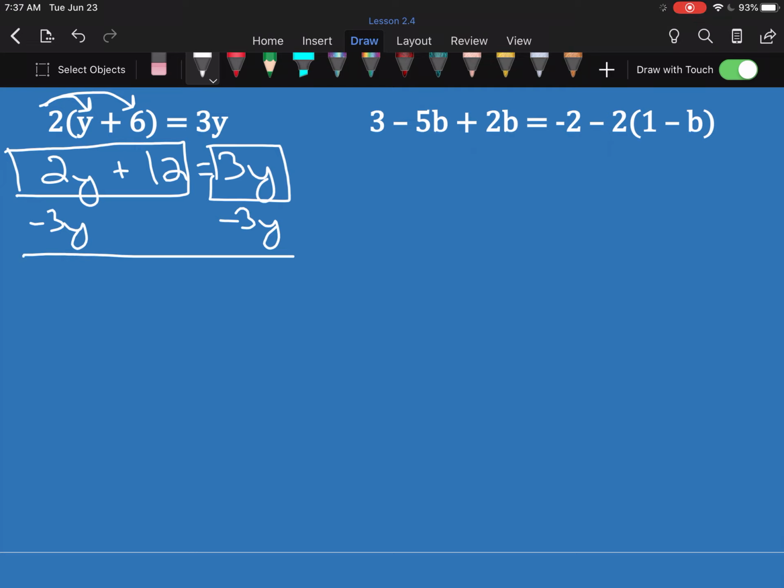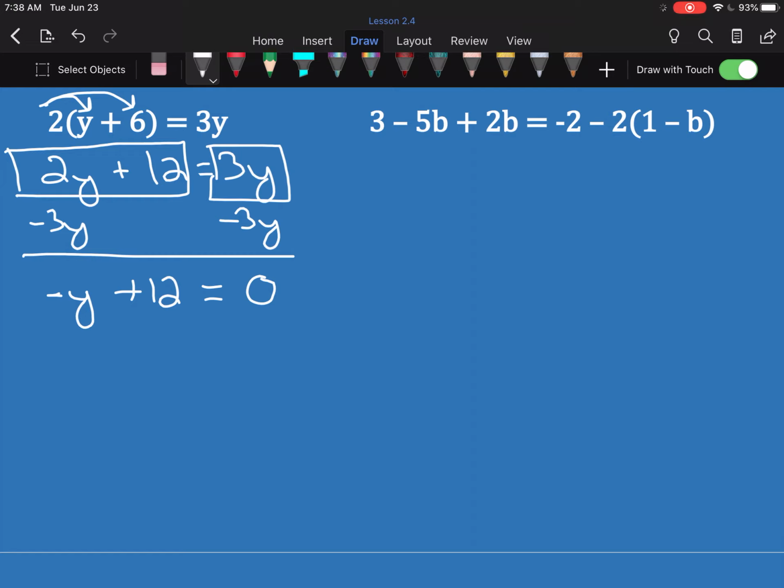2y minus 3y is negative 1y. We didn't touch the plus 12. And on the right-hand side, we got rid of what was there, which means there is nothing left. But we have to represent nothing with 0. We can't just write absolutely nothing down. We still have to have an equal sign, and you have to equal something, so if there's nothing left, nothing